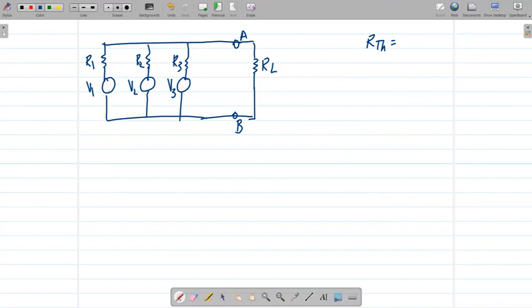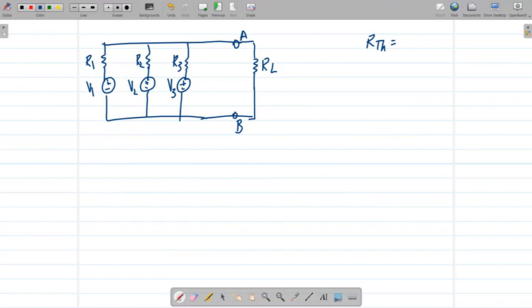Because I'm going to short V1, this is all expected to be in this order. I mean, the signs are all plus and minus. If the signs are reversed, then you have to be careful that V2 should be written as minus V2. But let's not get into that now. So the point is that the R Thevenin requires that all the voltage sources are shorted, and therefore you're left with R1, R2, R3 in parallel.